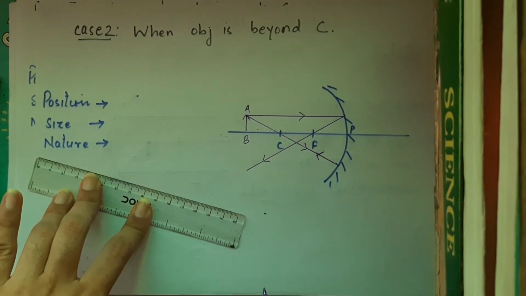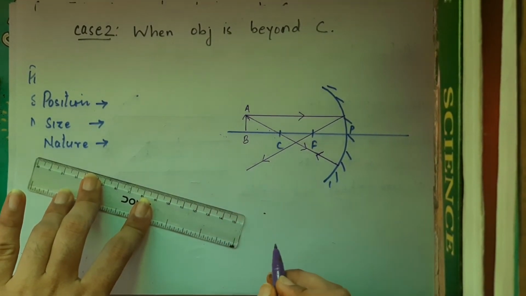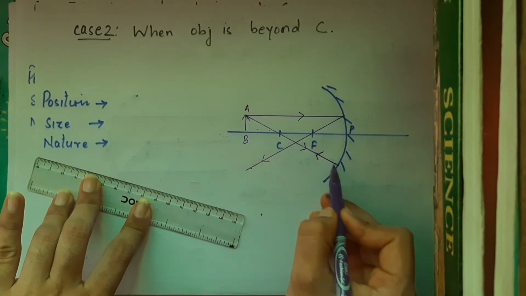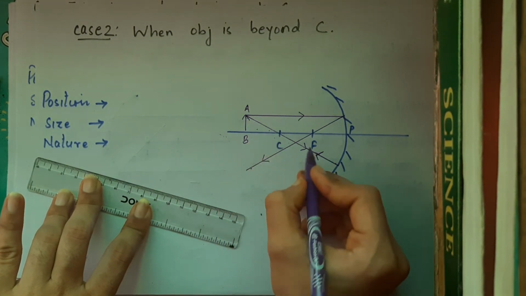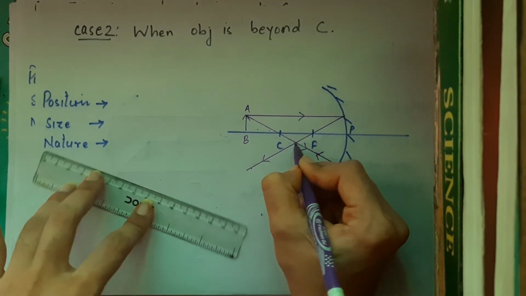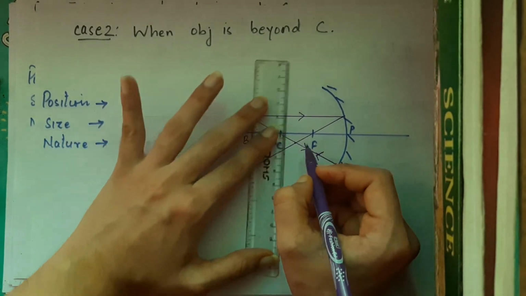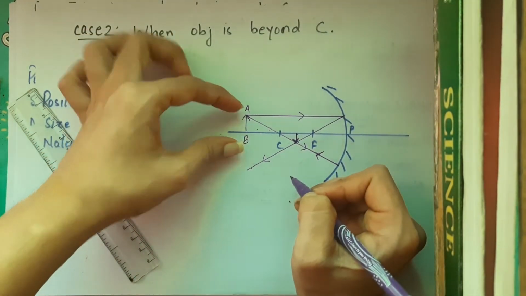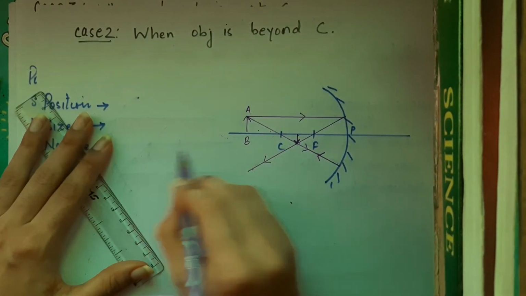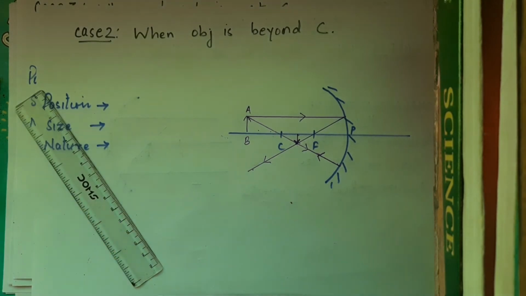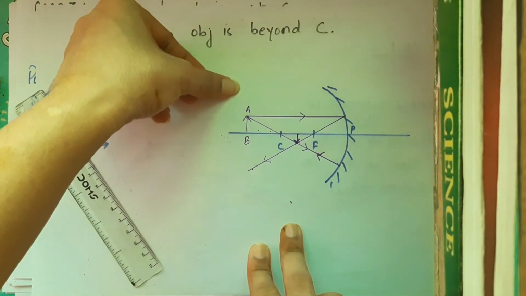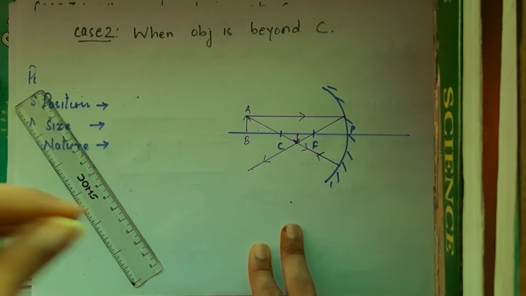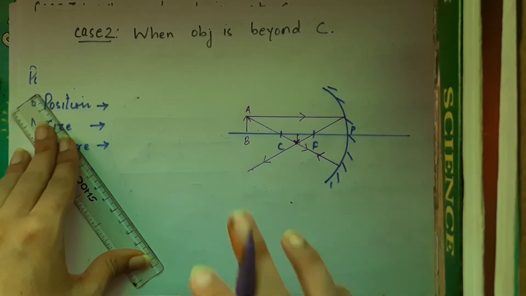So now I have two reflected light rays and their intersection point. So one is this reflected light ray, another is this reflected light ray. So this is my intersection point here. So let me just mark the image here. So the image would be like this. So this is my image. Because the object is taken from the principal axis, so your principal axis is your reference line and your object is taken above the principal axis. And if you have an intersection point below the principal axis, that's where you will form an image also, right? So it will be below the principal axis and that is your image.